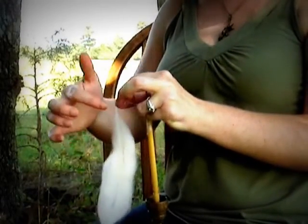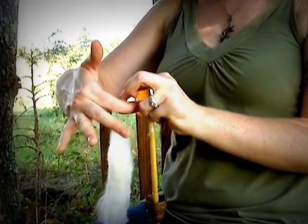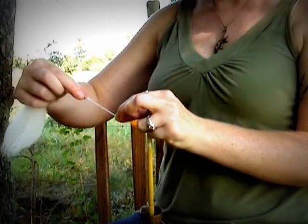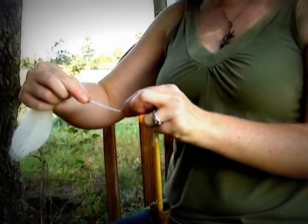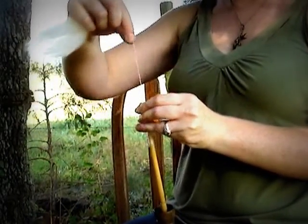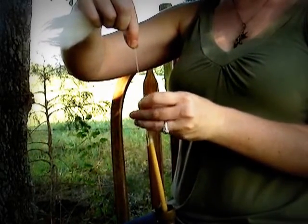Now, all the twist is between the tip of the spindle and my finger and thumb. I've got it all collected right there. I'm going to draft out just a little bit, and now I'm going to let go with my left hand so that the twist travels up into the fiber and locks it in. I'm going to raise my hand up, add a little bit of twist,